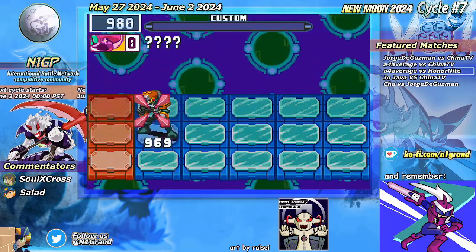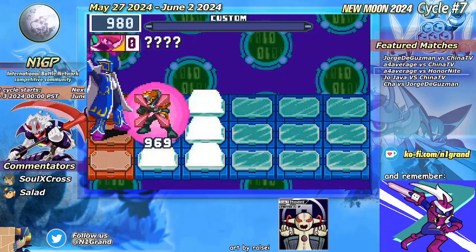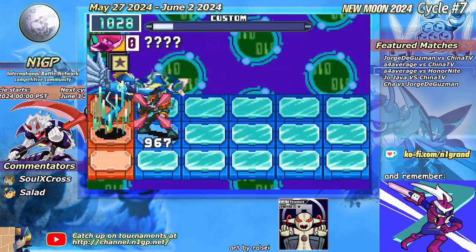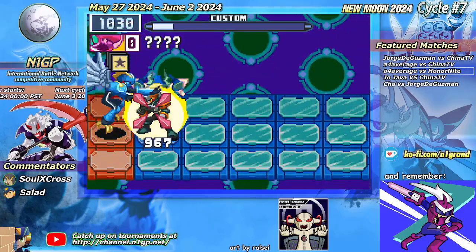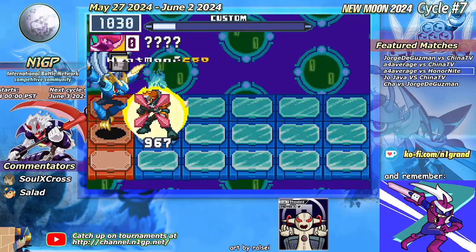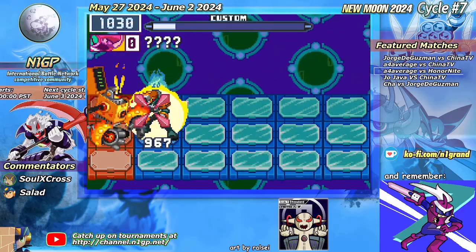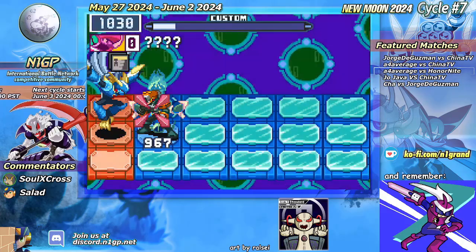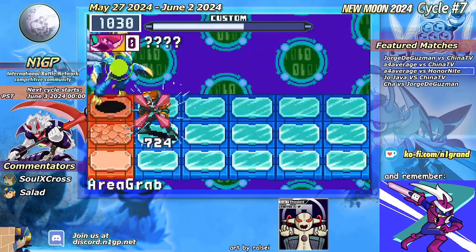All right, HonorNite just cycling through crosses at this point. That will deal with this barrier. Nice, nice. Life Aura not gonna help you against the dragon. That's not gonna cause flashing, unfortunately. I mean, it will cause flashing. It's not gonna cause...